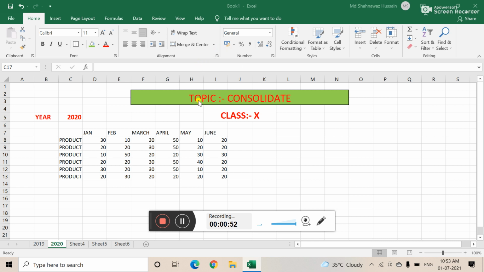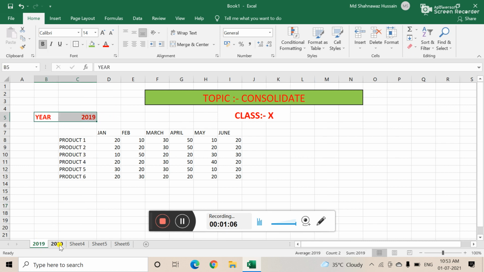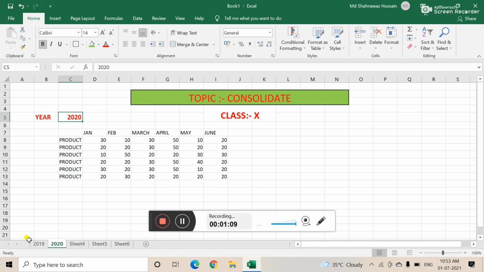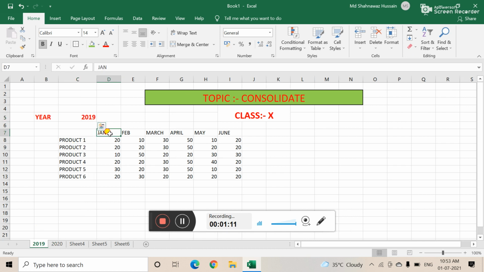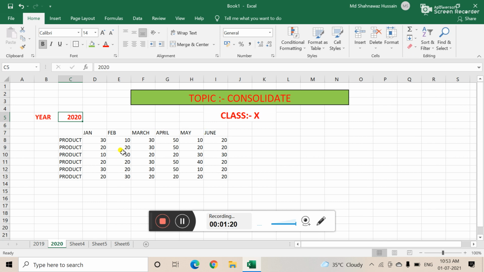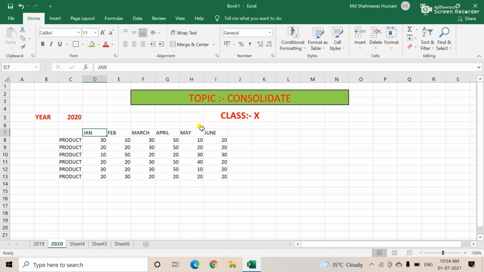In the case of Microsoft Excel, you can see I created two sets. The first set is the year 2019 and the second set is 2020. I have written the months January to June here, and here I have also written January to June. If you want July to December, then you can write that, no problem. I am going to discuss this with examples. So all of you go through it.